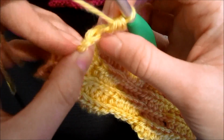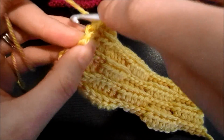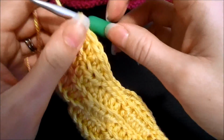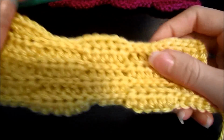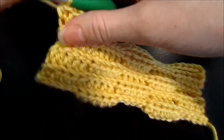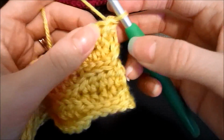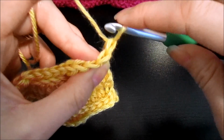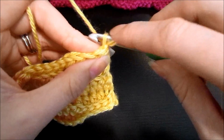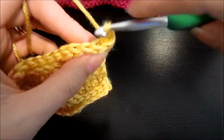Okay, turning it over so I can see my last stitch there. Go into that back loop. There we go. Now with that, we've finished row 4. So we have one more row in this repeat. We're going to go on to row 5, and it says that we need to slip stitch into each of the first 5 half double crochet. So same as before, we're going to go into the first stitch right next to our hook and slip stitch in there. That's 1,